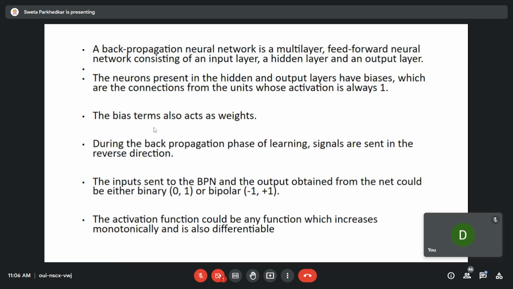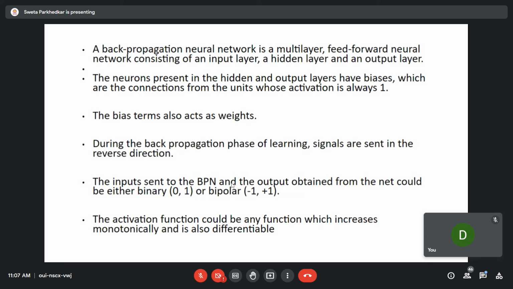ठीक है, तो आपको क्या करना है, अगर एरर आता है तो वेट्स को एडजस्ट कर सकते हो और बायस को भी एडजस्ट कर सकते हो. And this bias whose activation is always 1. So during the backpropagation phase of learning, signals are sent in the reverse direction. ठीक है, अगर मैं बीच में बैक प्रोपगेशन एल्गोरिदम लगाती हूँ, the signals are sent in the reverse direction to